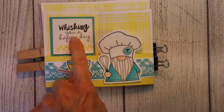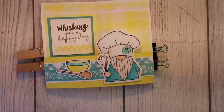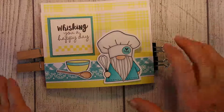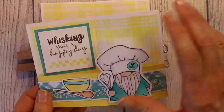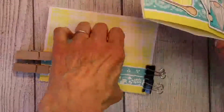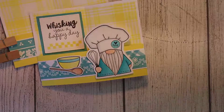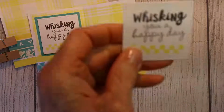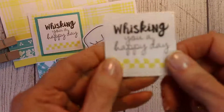I chose to stick with this "Wishing You a Happy Day" right there because it was a sentiment that is very versatile. It can be used for absolutely anything. This would make a great Mother's Day card. It could be a birthday card. It could just be a, hey, I'm thinking about you. Okay? So what I have done is I have cut out the sentiment, and I cut a square, a stitched